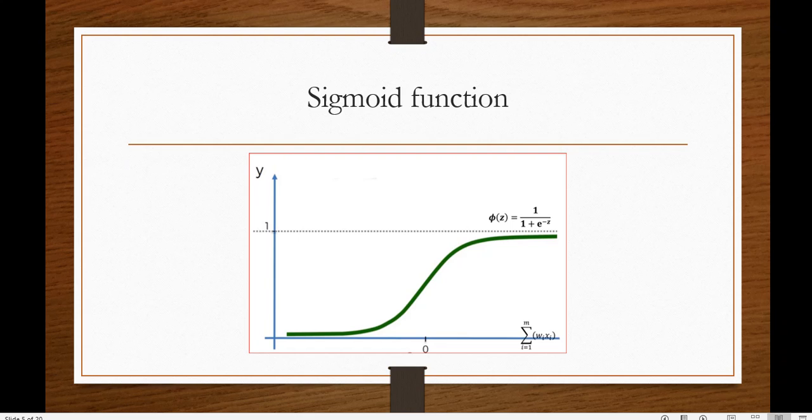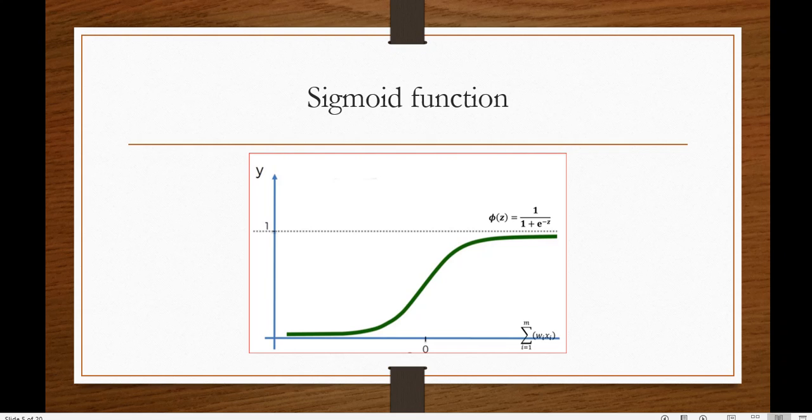Okay, now let us move on. Now it is a little different from threshold function. So you know that threshold function is very much rigid. It cannot reflect any change in the x value, meaning whenever I am making any change to the x value, I cannot see any change in the y value. It's not like that, because the y value is only 0 or 1 in case of threshold.